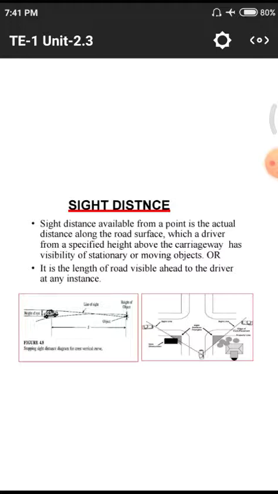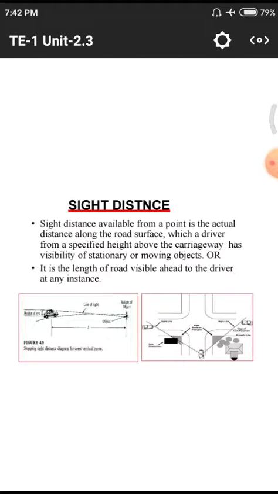That means a driver has proper vision while traveling in a particular vehicle. On a two-wheeler, he has some eye height from the ground level. With a four-wheeler, that means a car, he has some amount of height from the ground level. If he travels with lorries and other high-rise mechanized equipment, he has a much greater height from the ground level. Likewise, the driver has different seatings in different kinds of vehicles, so he has different kinds of sight distances. These are the points we need to know about sight distance.